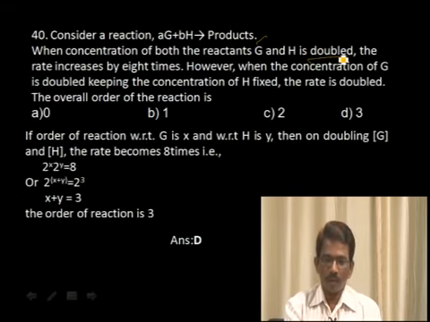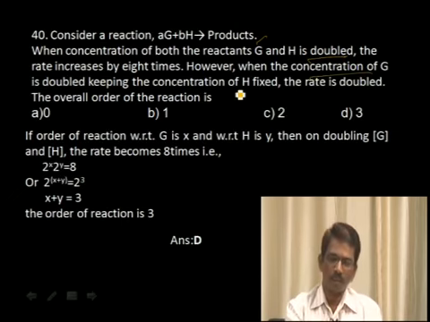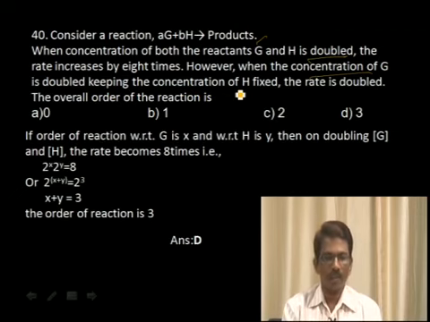However, when the concentration of G is doubled, keeping the concentration of H fixed, the rate is doubled. The overall order of the reaction is, the options are 0, 1, 2 and 3. In this problem, if the order of reaction with respect to G is x and the order of reaction with respect to H is y,